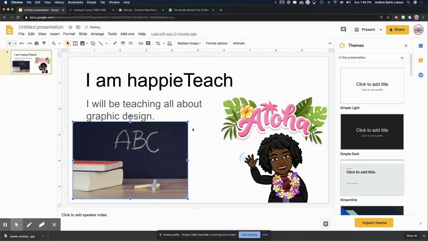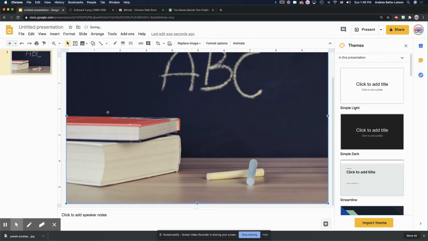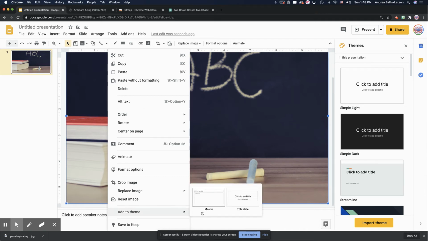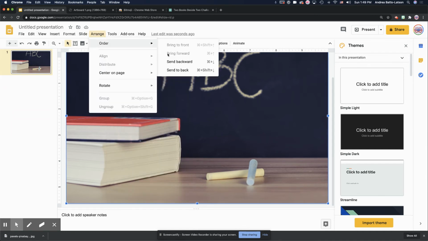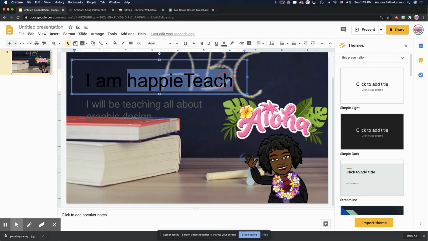Okay. And so this picture generates, and of course you guys know now I'm used to working in PowerPoint. So hopefully, okay. If I want to send this to the back, I can right click. Let me see if you can. I can add it to theme. I'm not quite sure. I think that's adding it to the main page. Hang on, let me see. Arrange. There we go. So arrange, order, and send to back. I'm used to working in Adobe programs too, where it's in the right click, but it's not here. Okay. So I can send it to the back, and then I can go in, of course, and then set